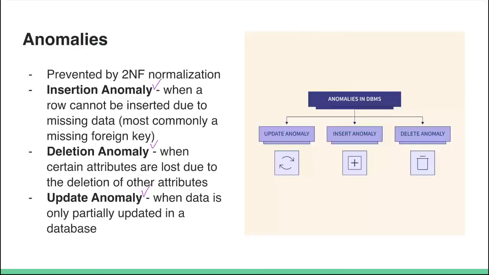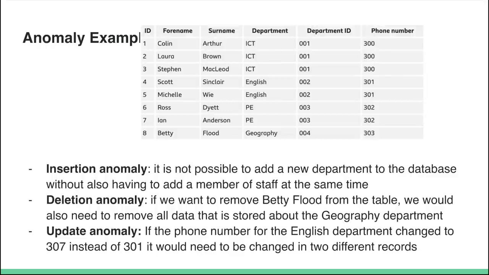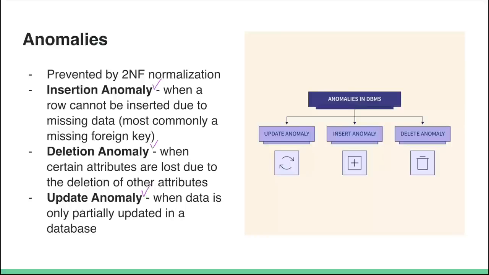Let's look at some examples to actually highlight what these are, because these are just the dictionary definitions, and I want to show you in more depth what each of these anomalies means. Right here we have a database of teachers and the departments in which they work, along with their phone numbers. An insertion anomaly in this case is connected to the fact that we can't add a new department without also adding a member of staff. And this isn't necessarily connected to foreign keys specifically, but